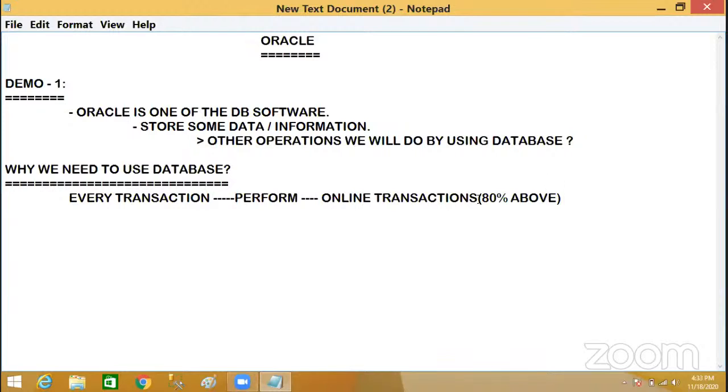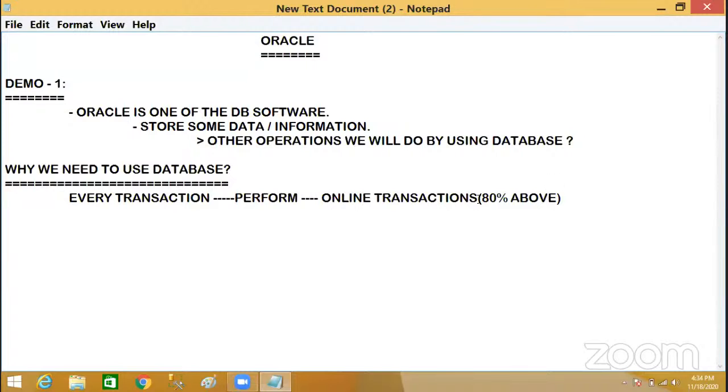So if you want to book a ticket, there is no need to go manually to the railway station, fill in your form and submit it, and wait in the line. Okay, this is not necessary. The IRCTC website is there, you just open that website, log in, go to reserve, and you can book your tickets. Like IRCTC, Indian Railways, Indian Airlines. So where is it not there, guys, tell me. Almost 80% of the transactions we perform nowadays, every transaction is through online.